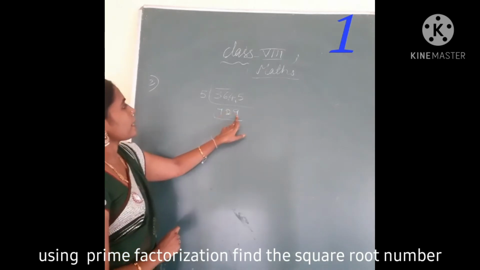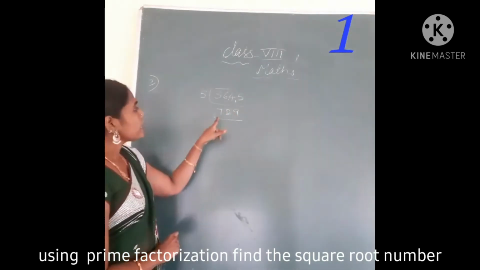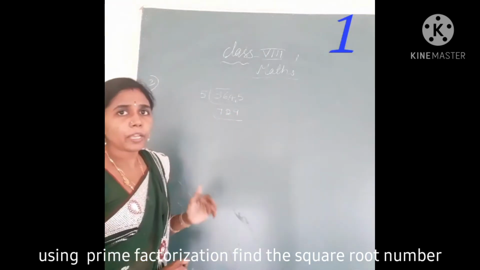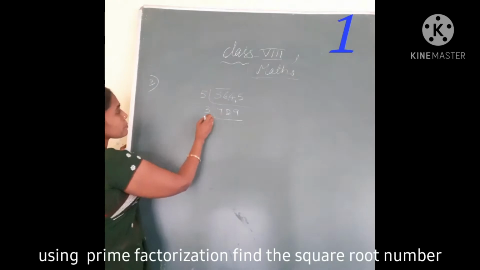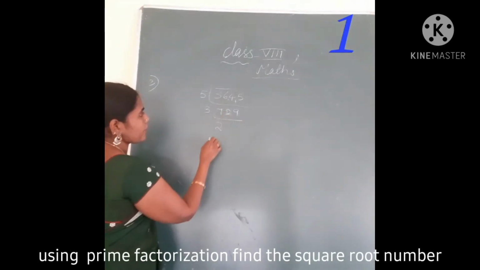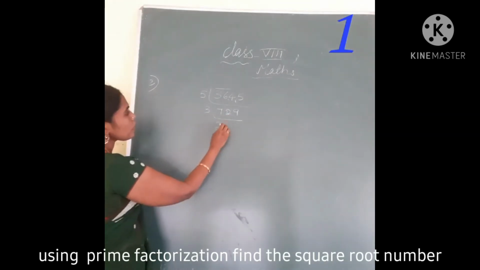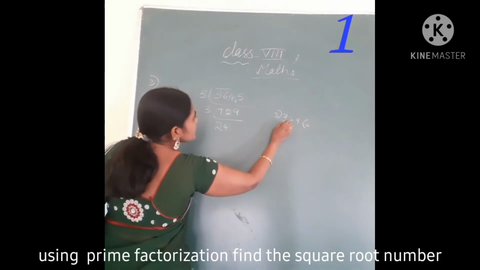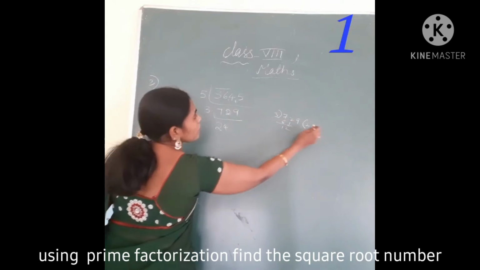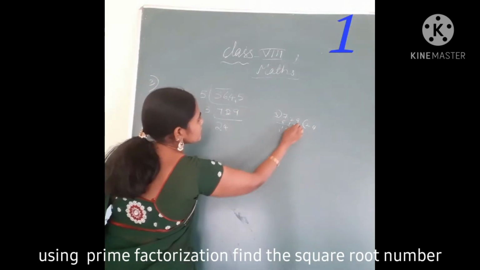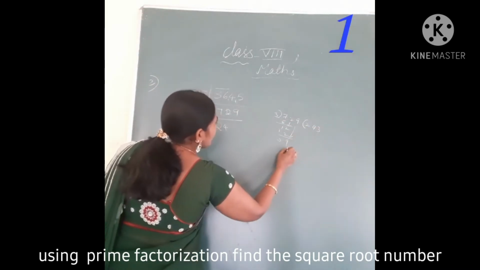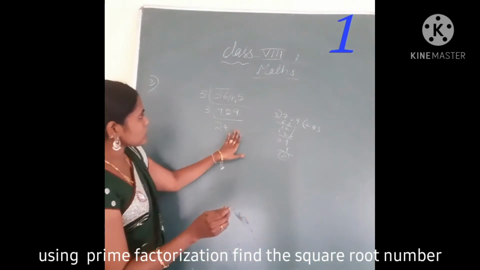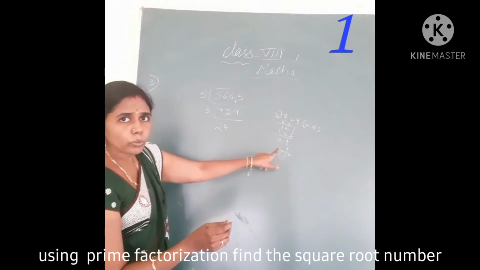Here, 9 means we can use the 3 table, but is 7 2 also divisible or not? 7 plus 2 is 9, 9 plus 9 is 18. Okay, it is divisible by 3. So 3 table: 3 2s are 6, one remaining, 12. If you don't know, you have to do this method: 3 7s are 21... 3 2s are 6, one remaining, 2 will come down, 3 4s are 12. Next number 3 3 9 0. You do this method. If it is easy for me, I will do this method; otherwise, you do that method.